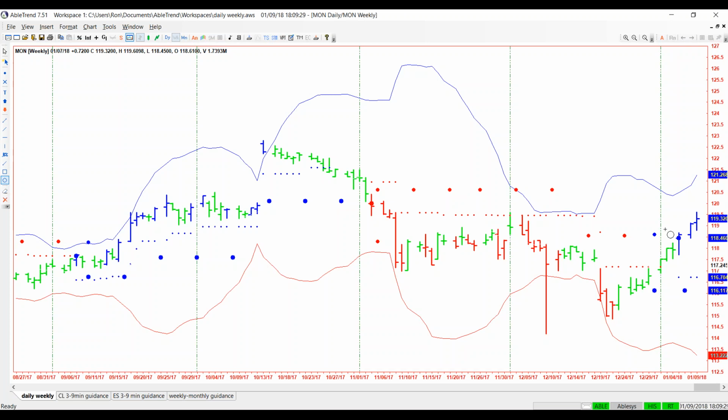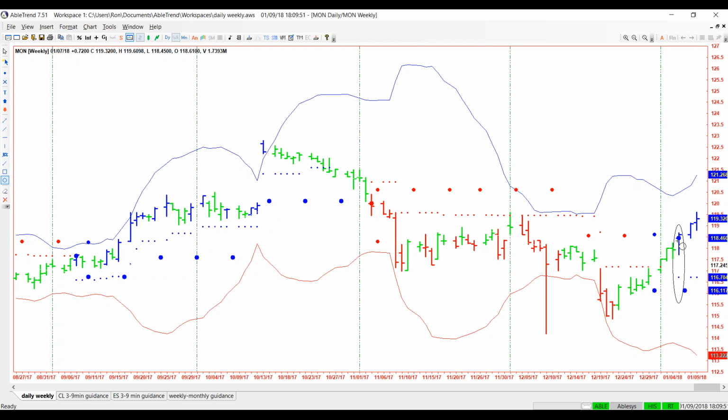I picked this chart here because we got a new buy signal just came in 3 days ago. So it's kind of like a little free inside look. Able Trend also picks out the stocks in WinTick, tells you which ones to trade. So a couple days ago, we had a trade on Monsanto, so you can kind of do a little paper trade with it, or kind of monitor Able Trend if you don't have it and you want to see how